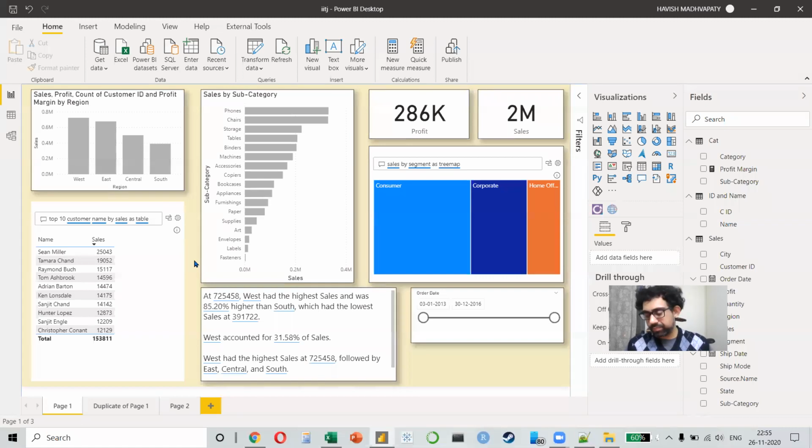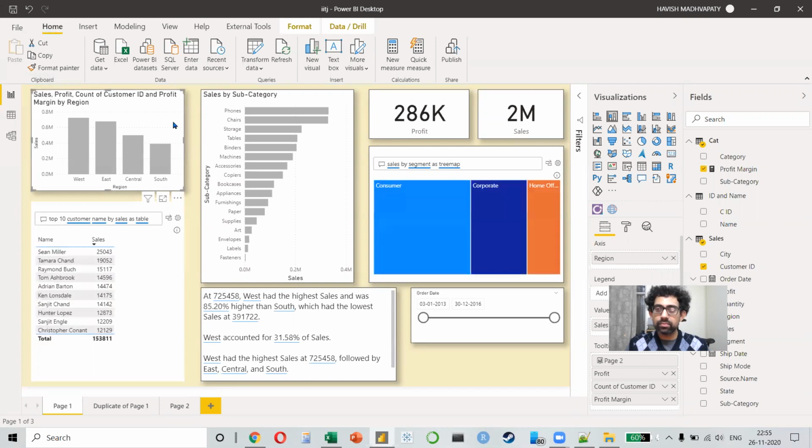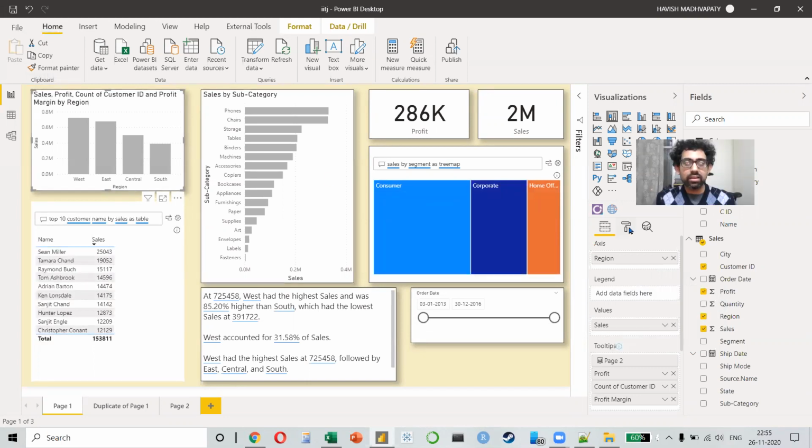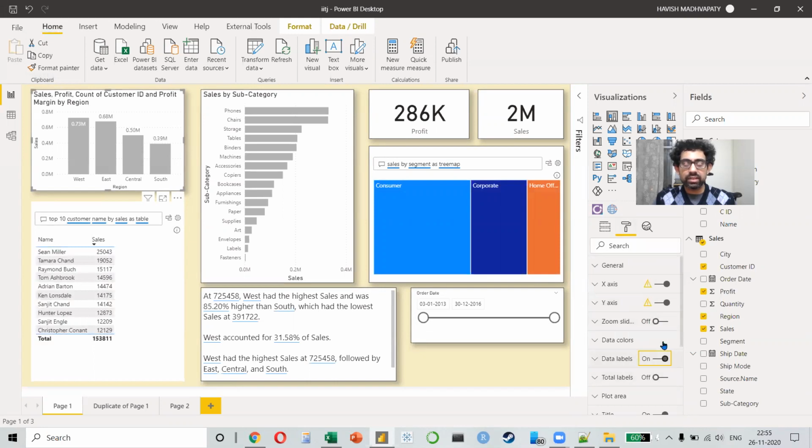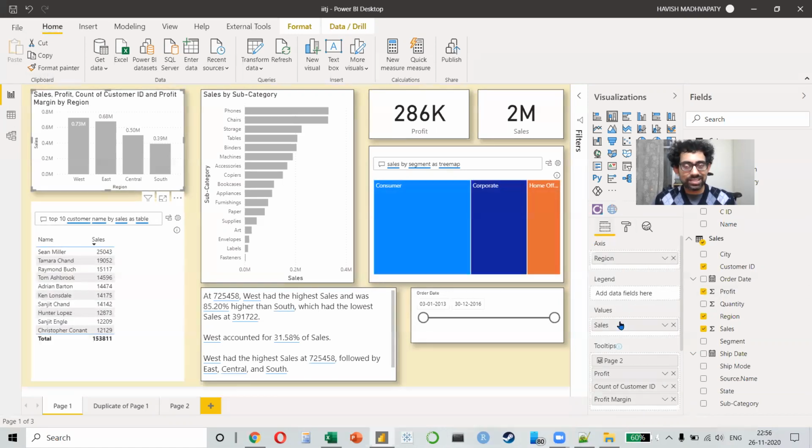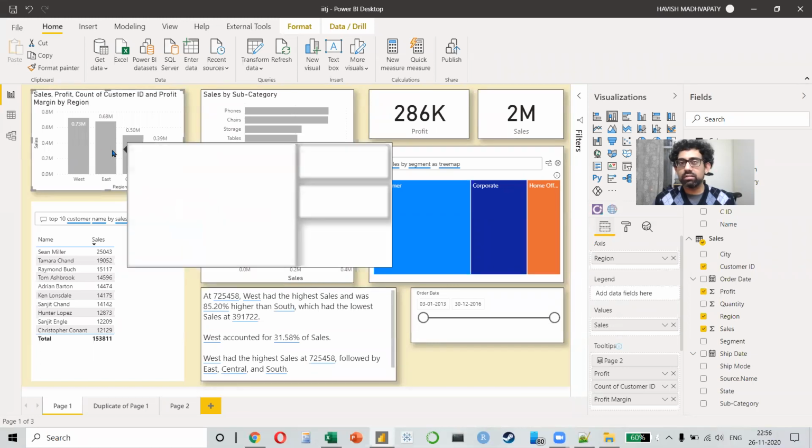Sir, without placing the cursor, can we get those profit details on the bar itself? Yes, we can do that. We can only get one number. Like you can get the sales value like this. You can't get all the three things. It would not make sense because if you keep all the three things, it will take up a lot of space. So you can get the original value, like my sales is in my value, and that is what we're able to see here.